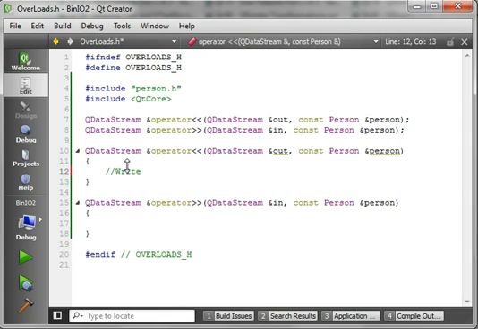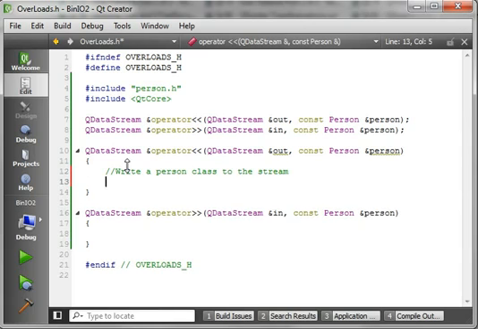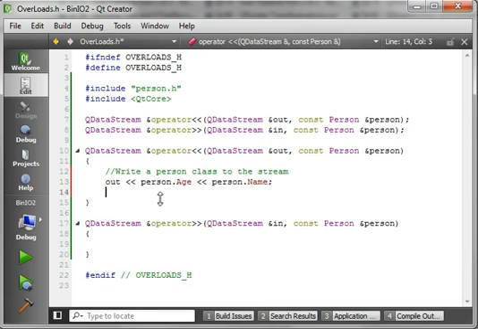So we're going to write a person class to the stream. And we're going to say out person.age and person.name. And then we're going to return the output stream. So really all we're doing here is we're telling it exactly how to put this class into the output stream. And remember, anything that we do, we must do the opposite. So